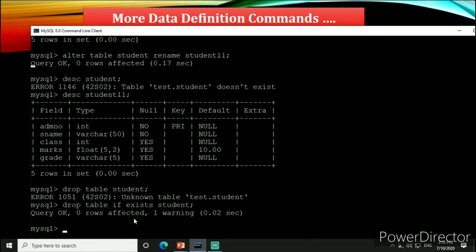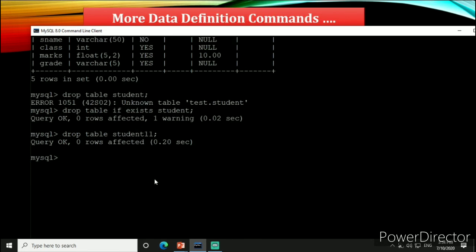But if you want to drop table, the new table name is student11, then the table will be deleted from the database. DESC, name of the table is student11. The table does not exist in the database.